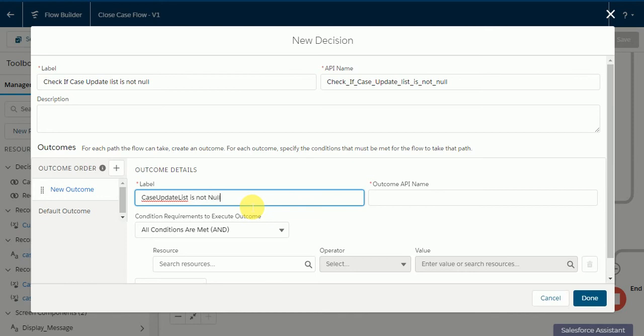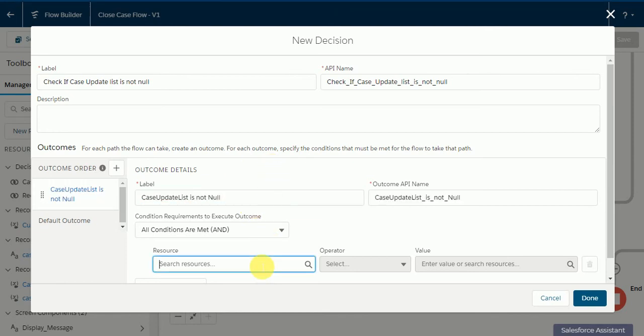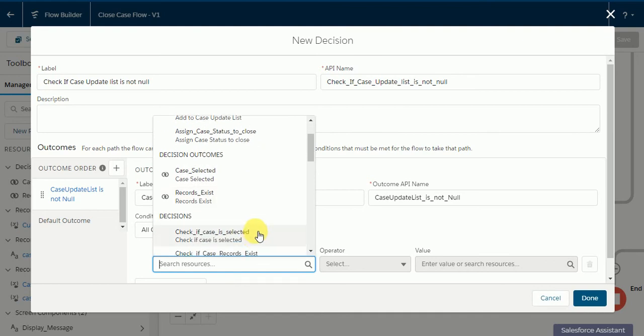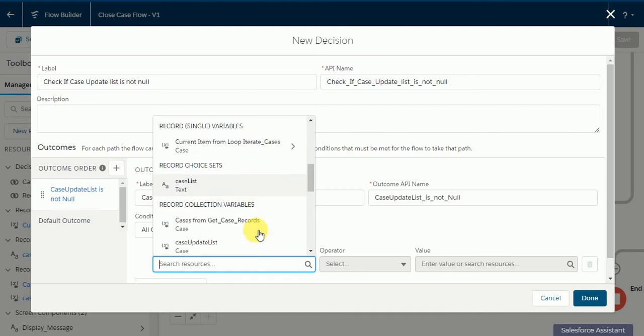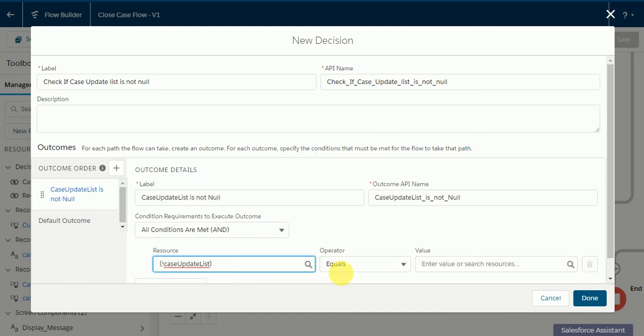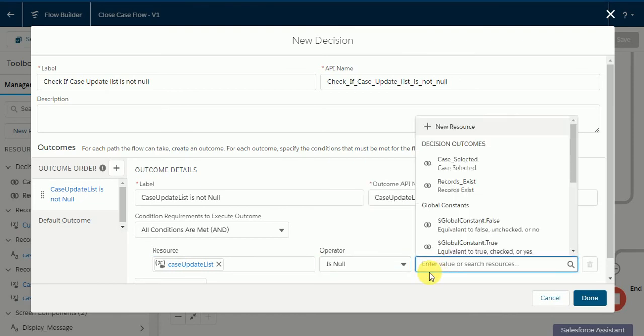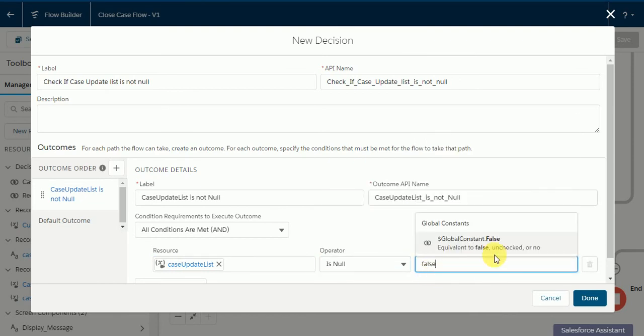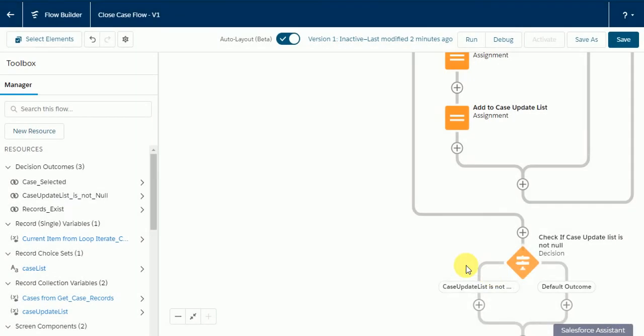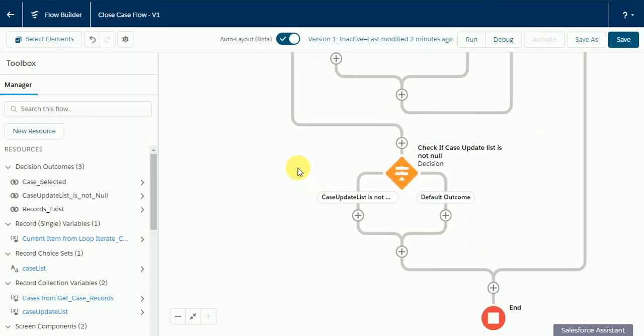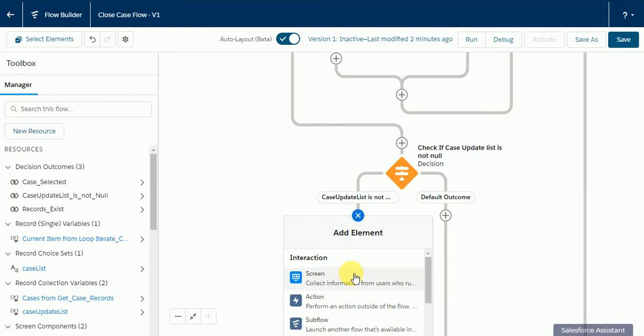This is my outcome, and here the condition is I'm gonna select the case update list is null is false and click on done.